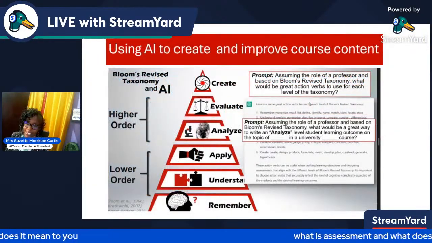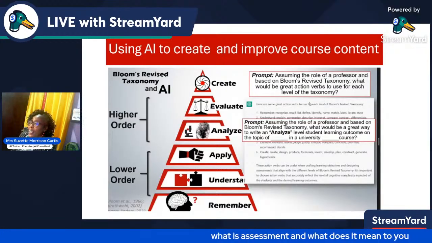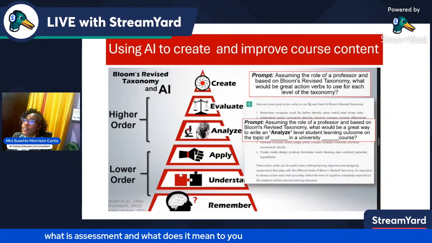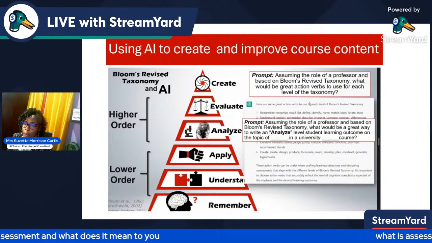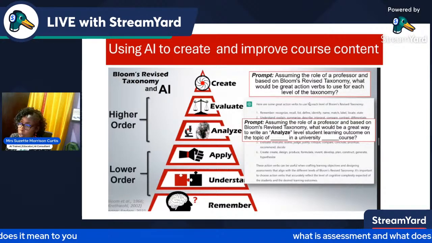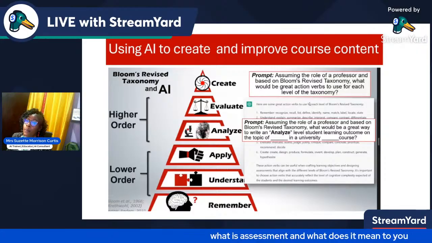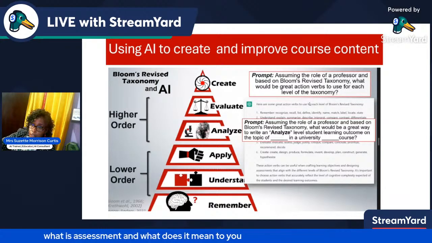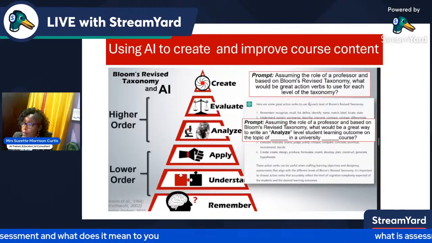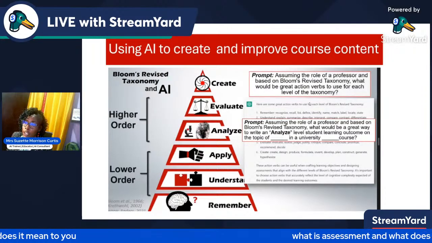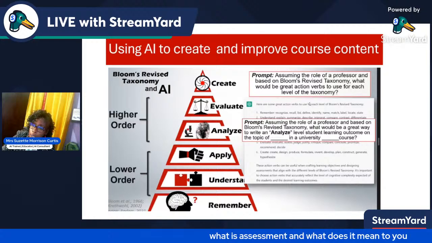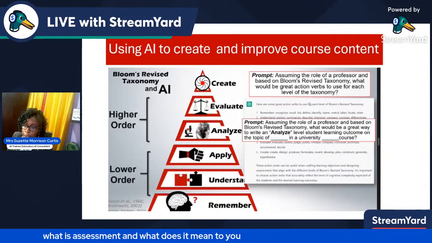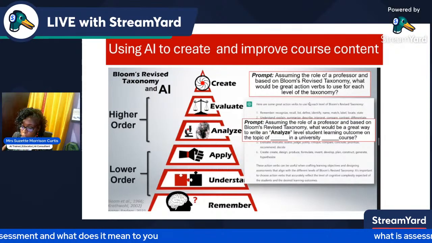Mr. Anders again, sir. Your work has inspired me, so I'm still using your work, sir. So the Bloom's revised taxonomy and AI was one of the things that he taught us in this course. The higher order, which is you evaluate, you analyze, and you create. In your lower orders, you apply, understand, and remember. All of us know this. So if you even pitch it in between, you still can try and get them to think critically.